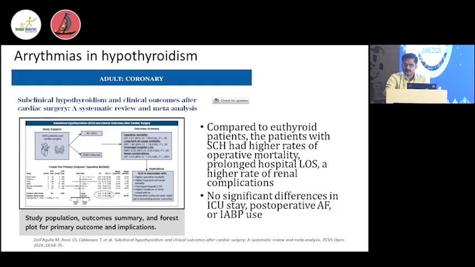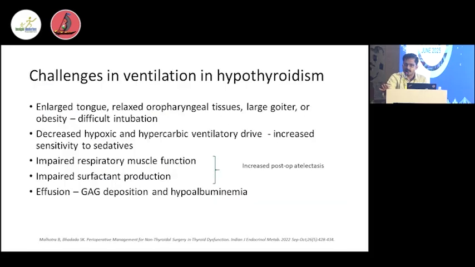So, if we look at the studies which have compared hypothyroid with euthyroid patients, mild to moderate hypothyroidism is unlikely to pose any serious adverse outcomes. It is not necessary to postpone elective surgery in mild to moderate hypothyroidism, because in terms of outcomes of anesthesia or surgery, there is no significant difference. So if you look at